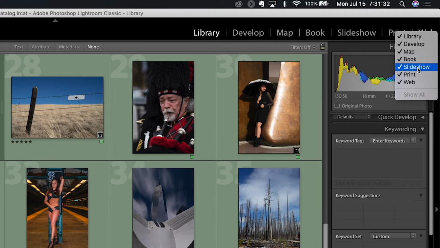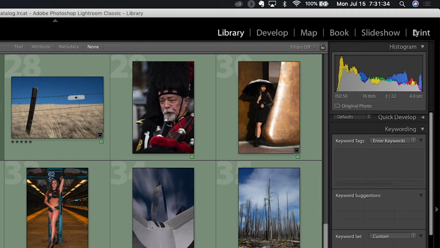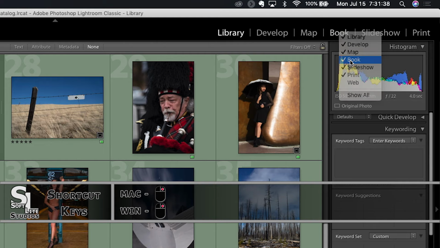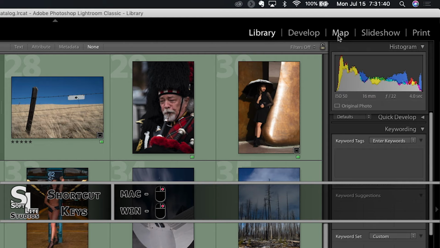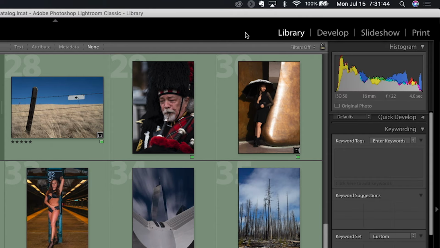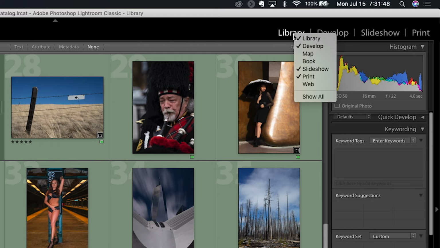So, for example, I don't use the web module, and very rarely do I use the book module. So I'll right-click here and turn off book. And I don't use the map module all that often, so I'll right-click here and turn off map. So every time I come in here by right-clicking, you can see that I can turn any one of these